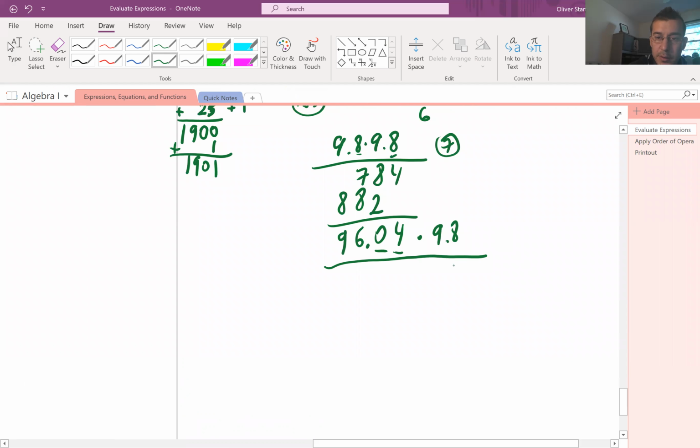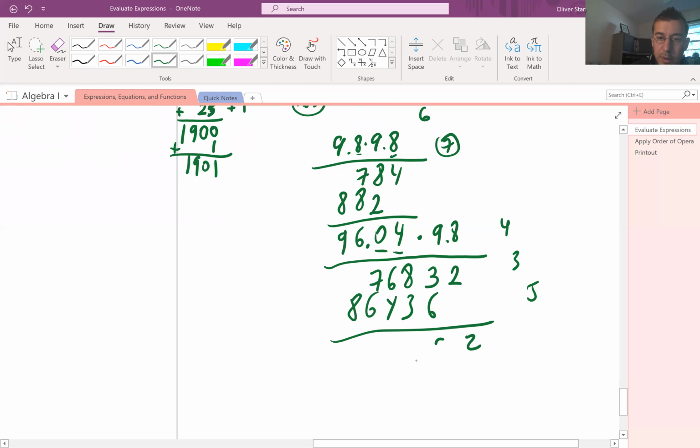8 times 4 is 32, 2 and 3, because 8 times 0 is 0, and then the 3, remember, is 3. 6 times 8 is 48, 8 and 4. 8 times 9 is 72 and 76. Then 4 times 9 is 36, 6 and 3. 6 times 9 is 54, 4 and 5. 9 times 9 is 81 and 5, 86. So 2, 9, 1,